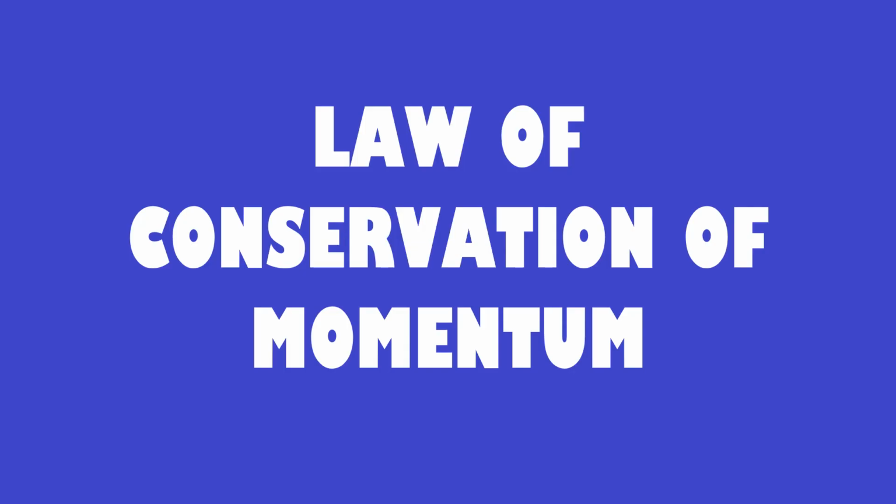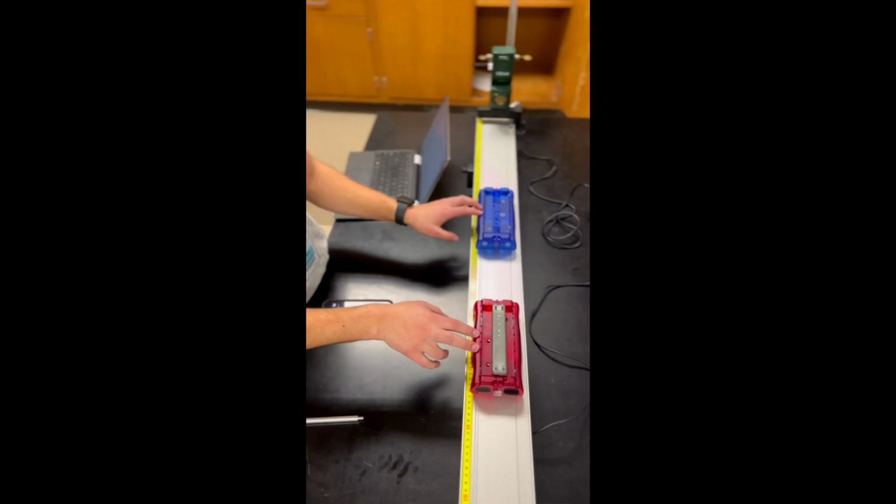Now, we will discuss the law of conservation of momentum in more detail. To demonstrate the law of conservation of momentum quantitatively, we will use data from an in-class lab. In this specific trial, we pushed two carts of varying masses across a nearly frictionless surface at different velocities. We measured both the initial and final velocities of each in order to determine both the initial and final momentums of the system.